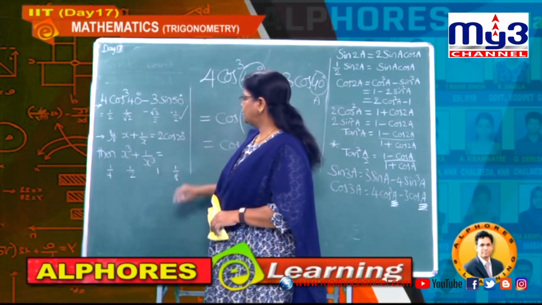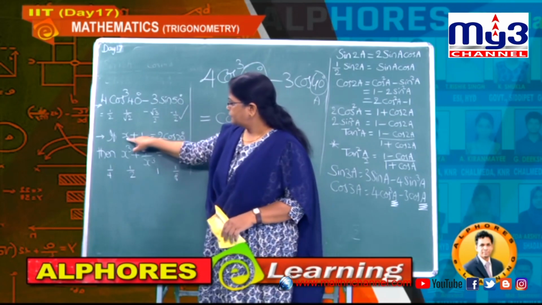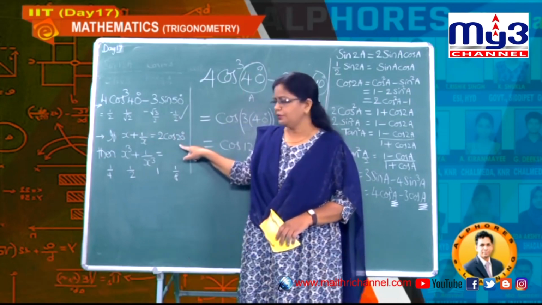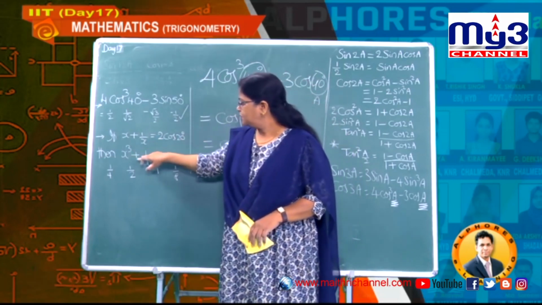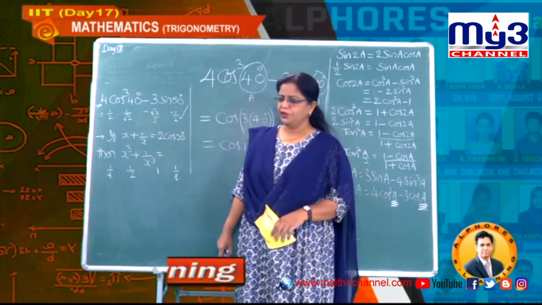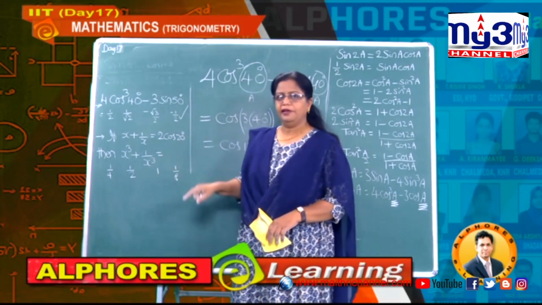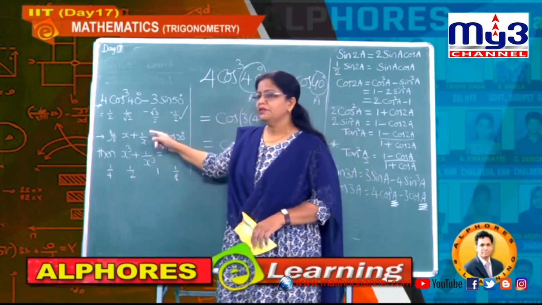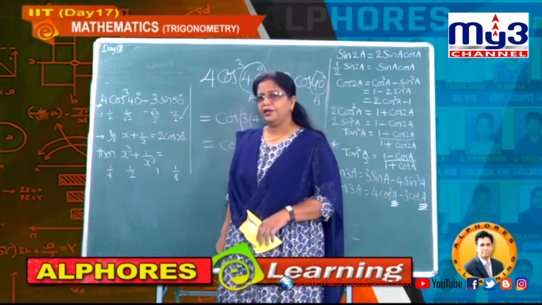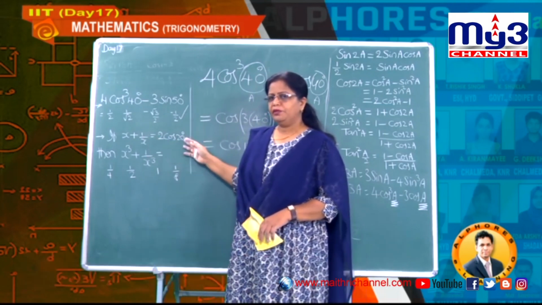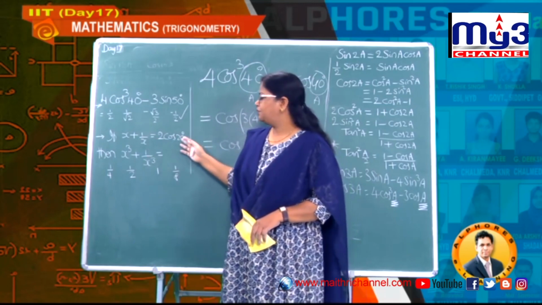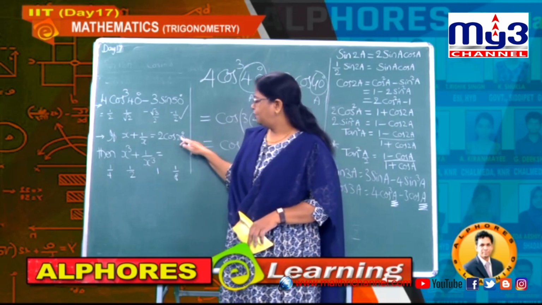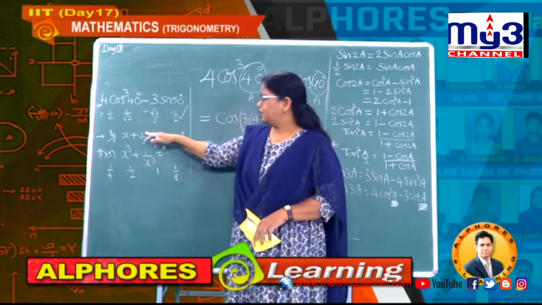Now let us check the third one. x plus 1 by x is given as how much? 2 times cos 20 degrees. Then they are asking about what is x cube plus 1 by x cube. Now these are the options given. Now this is 20 degrees, so don't try to take x as 1, thinking cos 20 value I can write as 1, but it is not true. Cos 0 is 1, but cos 20 is not 1. So don't use it that way, and whenever these are unknown values, better don't go for any substitutions.